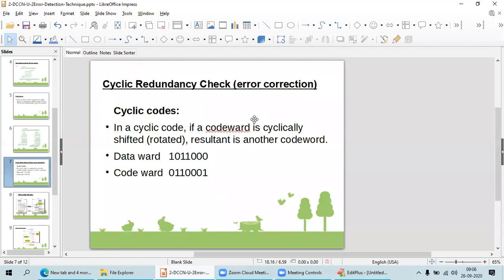On the receiver side, he will remove whatever the sender added. To check whether he got the proper word or not, he is going to use all the techniques: cyclic redundancy check, parity checks, single parity bit, two-dimensional parity bit, all of them.